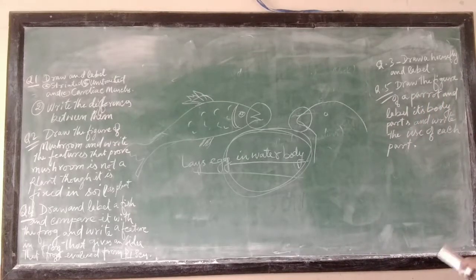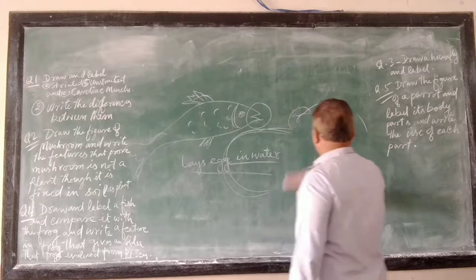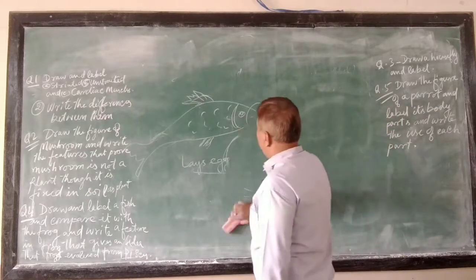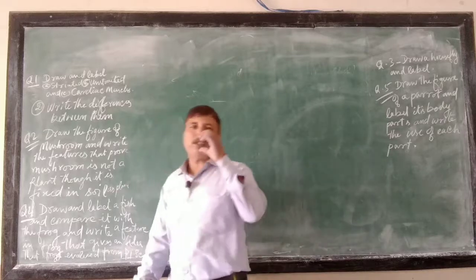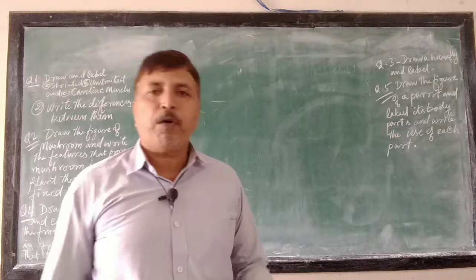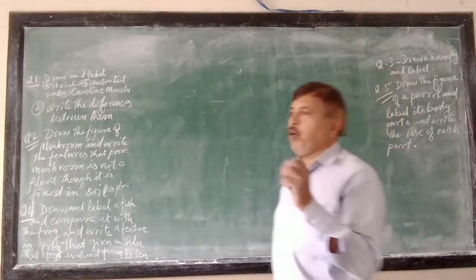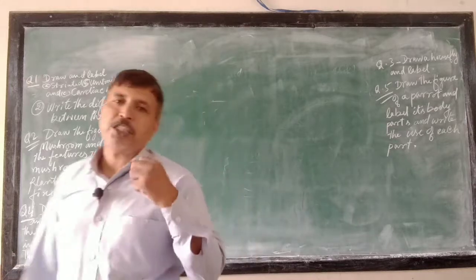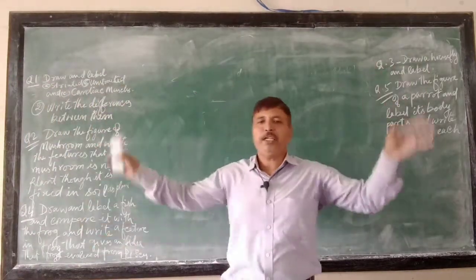The last question is, draw the figure of a parrot and label its parts, right? Very simple. You can spend your time, you just draw the figure of a parrot, label the beak, mouth is extended into beak as in birds. So, what is this beak used for? For capturing the food, for taking the food in, for ingestion of food. And you can label the wings, the four limbs are modified into wings.